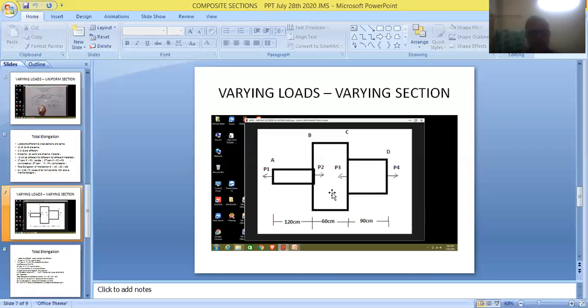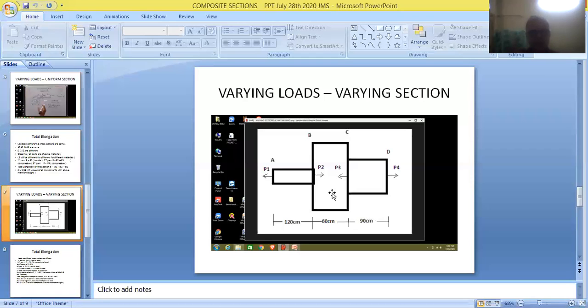So friends, DL must be written as plus DL1 minus DL2 plus DL3. Tension is developed in the first and third components, so we are putting positive symbols for DL1 and DL3. And the second part is subjected to compression, so we are giving a negative symbol. It is written as minus DL2.